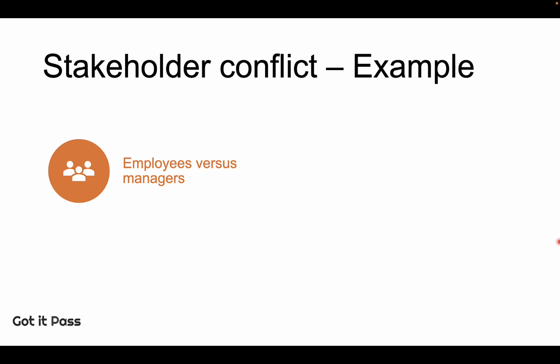It means the cost efficiency. The conflict between employees and managers mainly comes from the cost efficiency. The employees are looking for higher salary, higher pay, but the managers are looking for minimal cost to run the business. So there are conflicts between them.